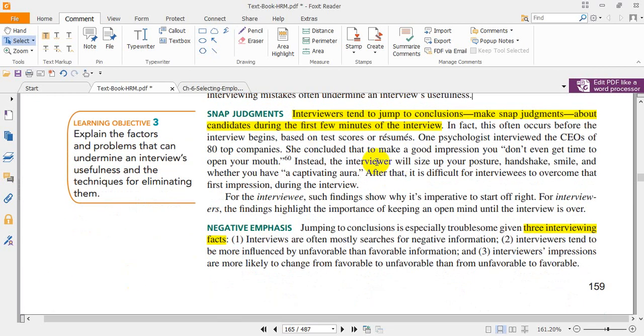Snap judgments. Interviewers tend to jump to conclusion, make snap judgment about candidates during the first few minutes of the interview. In fact, this often occurs before the interview begins, based on test scores or resume. Snap judgments means